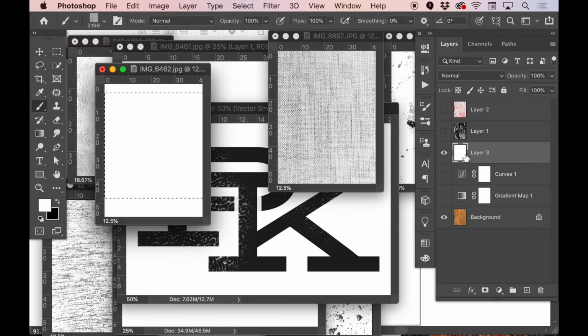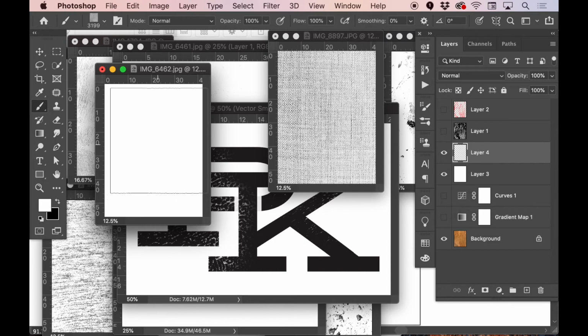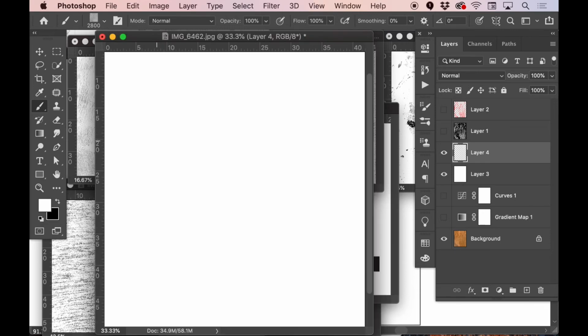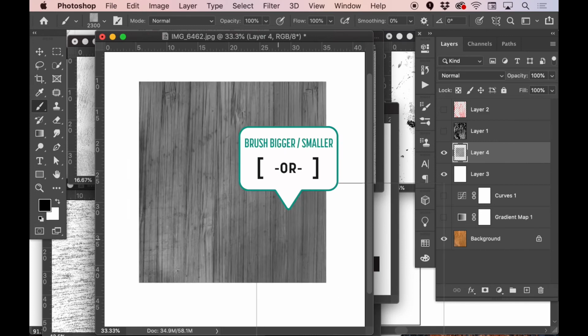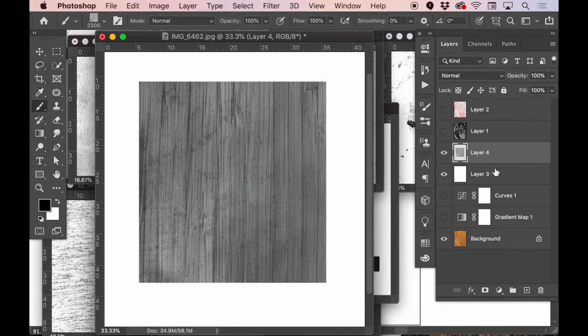So I'm going to deselect that, add a new layer, and even the brush itself, this is the brush, even though it looks like a square, it's because the brush is so heavy, so I'm going to paint with black just so you can see. I'll make the brush a little smaller, but again, now one hit of the brush just adds, and I'll get rid of these other layers so you can see,